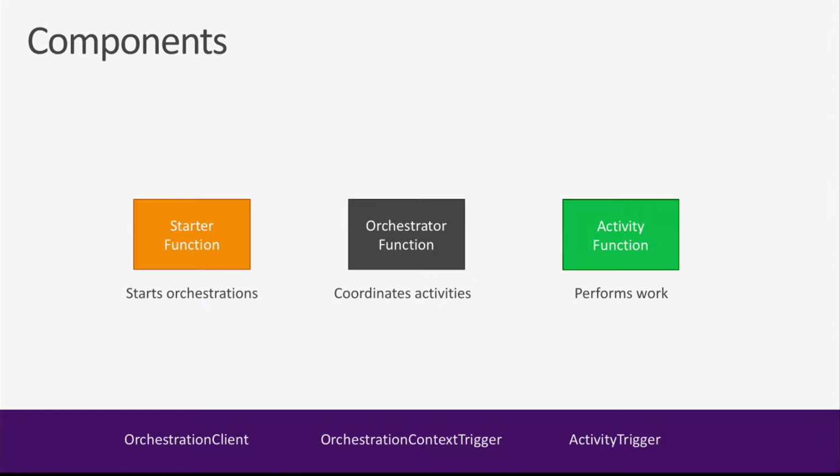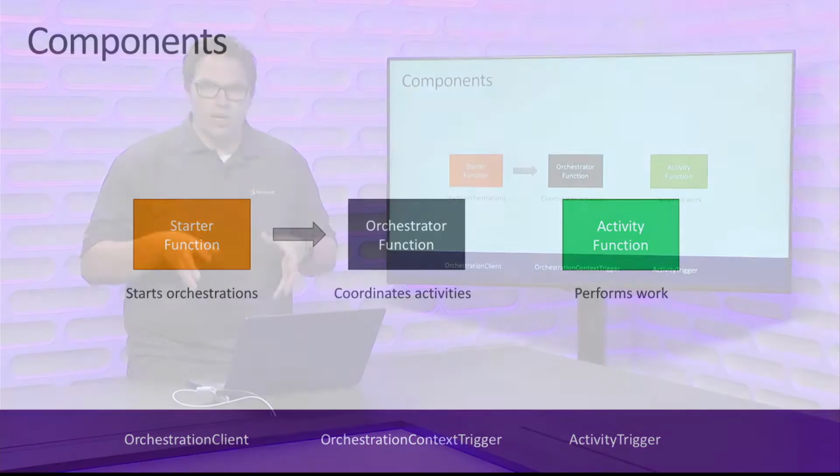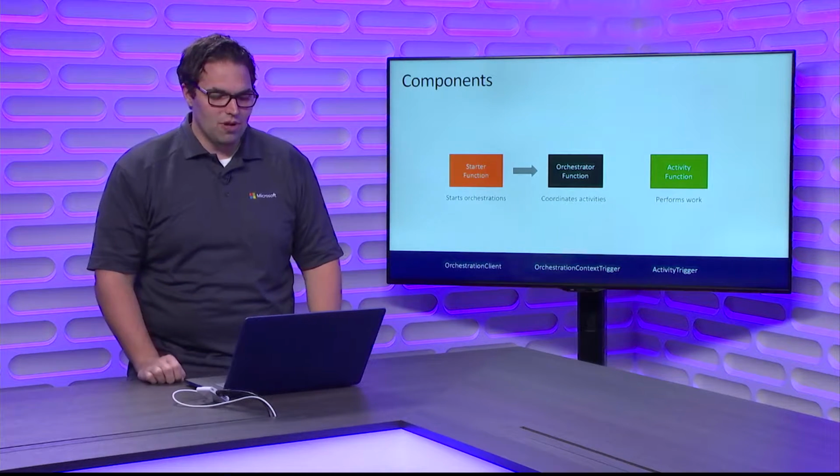Once that starter function gets triggered and it knows it needs to start its orchestration, it's going to send a message through the framework to the orchestrator. The orchestrator is where all the state is managed, where all of the calls to different components are taken care of. The orchestrator is really the heart of a durable function. That's where you're going to put your orchestration logic, and we'll see that in a few moments.